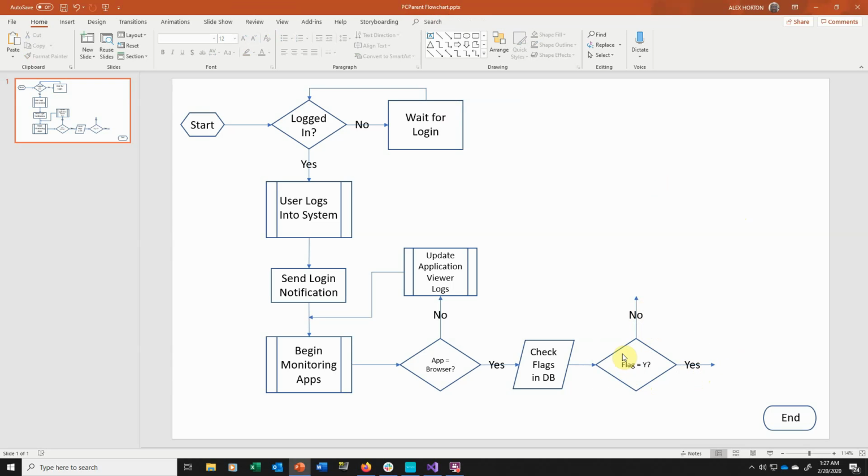If the flag is no, which means the flag is empty or null, then we don't want to allow access to any browsers. That means that grades aren't up to snuff, and we don't want to allow access to browsers. So if it's a no,